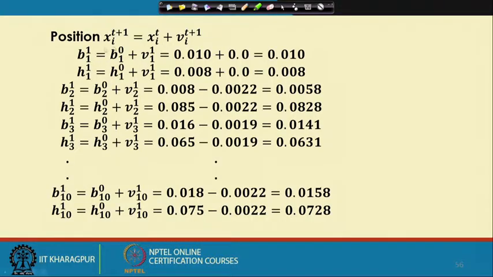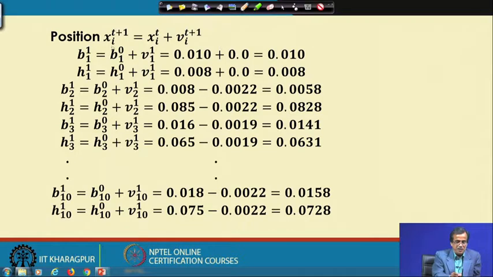To find the position, this is the formula I will have to use: x_i(t+1), that is the position of the ith particle in the next iteration, the (t+1)th iteration, is x_i with respect to t plus v_i with respect to t+1. This is how to update the position of the ith particle in the next iteration. Here I just want to mention one thing.